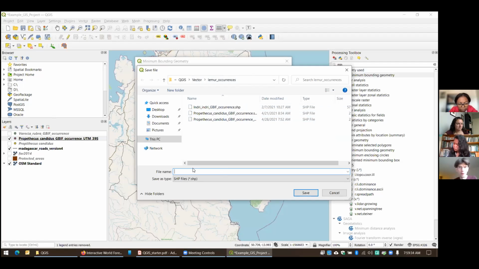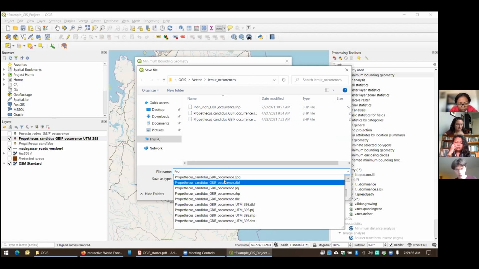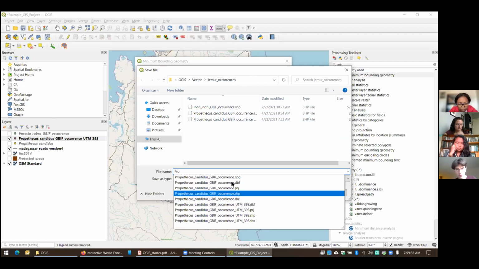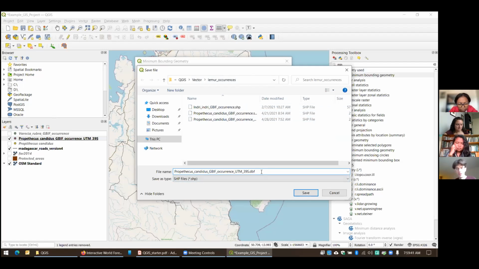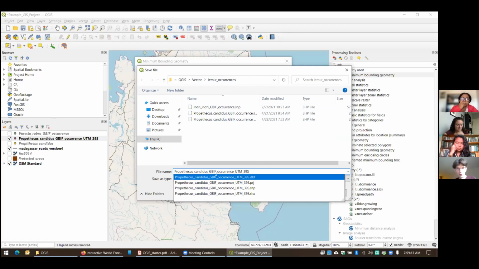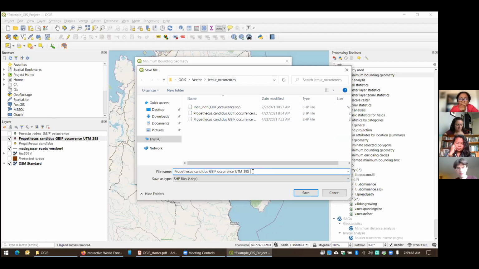And we're going to call this, we'll just keep adding on to this. So this is the name of the file. I'm going to call it Silky Safaka GBIF occurrence UTM 39S. And I'm going to call it an MCP. And MCP for me stands for minimum convex polygon. So instead of typing all that out, I'm just abbreviating it. And again, you can name these whatever you would like. It's just kind of my coding so that way I know what that file is. So I click save.